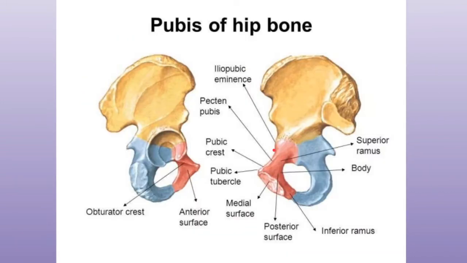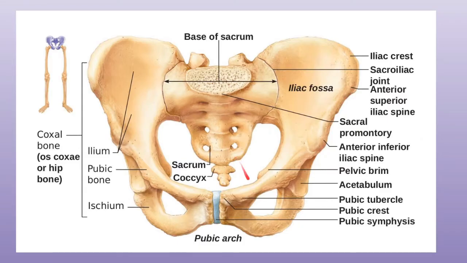Now the pectineal line of the pubis gives origin to mainly two structures, that is the conjoint tendon and the pectineus muscle, while it gives insertion to psoas minor muscle. And over here there are two ligaments also, that is the lacunar ligament and the pectineal ligament of Cooper. Now remember, the pelvic surface is actually crossed by the round ligament of the uterus in the female and by the ductus deferens in the male.